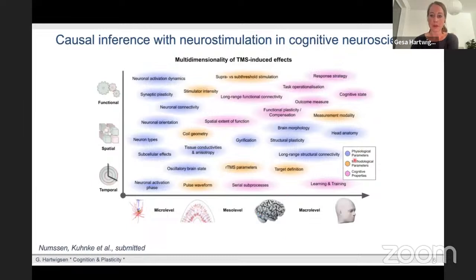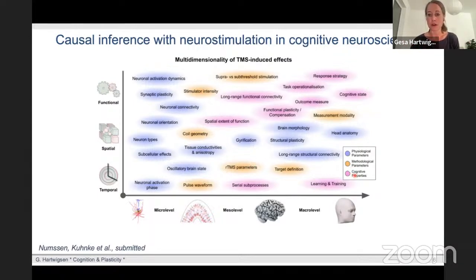For example, the physiological parameters of the brain will impact and interact with your stimulation effects. For example, the individual brain morphology, the gyrification, which can vary across subjects, will strongly impact your outcome. And you can model this, but it is often ignored. Then you have methodological parameters. These are usually easier to control. You can set your stimulator intensity. You can choose the parameters that you want to use for your stimuli, but often their impact on the outcome is also not well explored yet. Sometimes you just choose what others have also done.